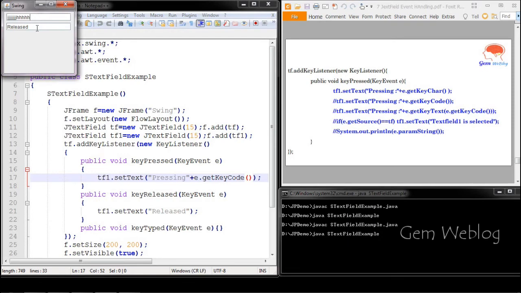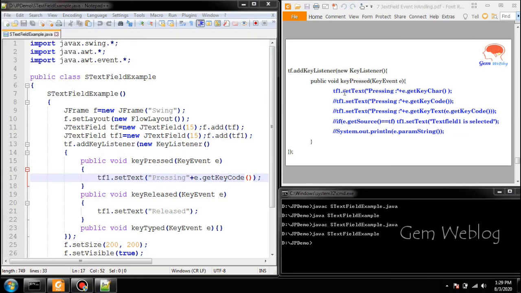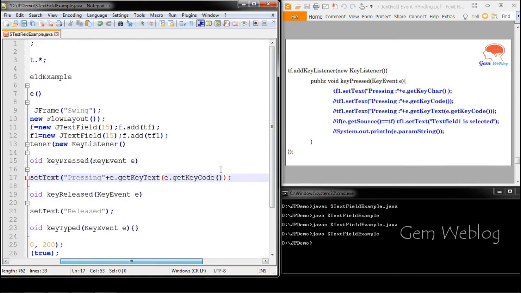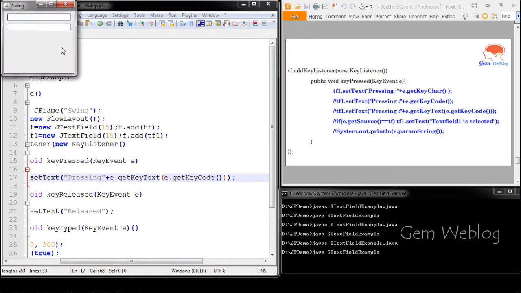Whenever the key is released, the released method will be called. If instead of the code you want the text of the particular key, KeyEvent.getKeyText will convert your code into the character. Now if I press it, you can see the text of the particular character instead of the code.